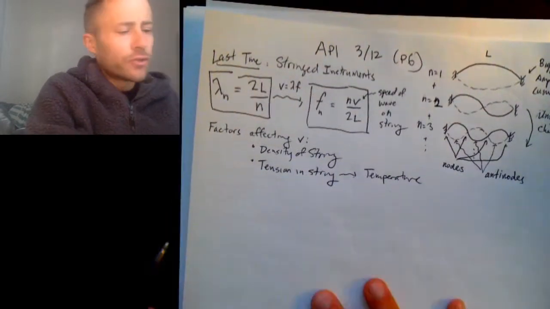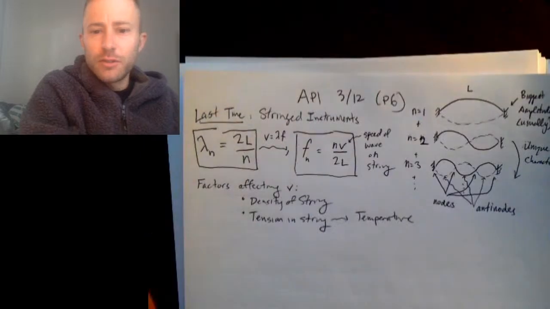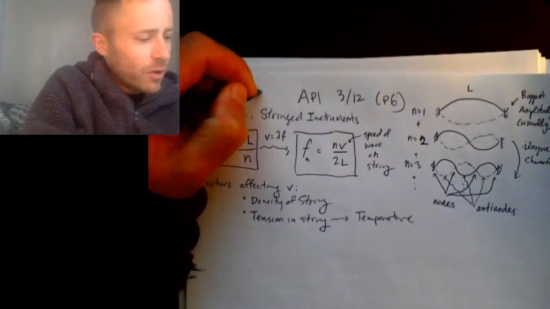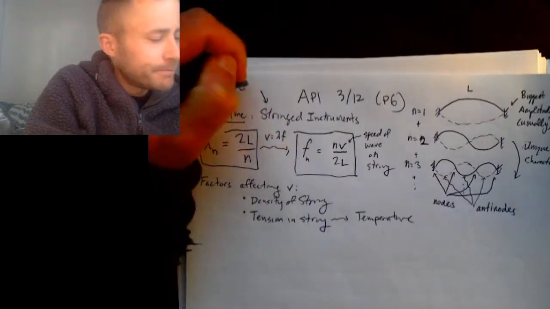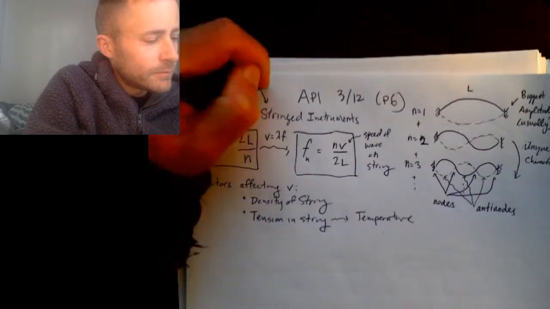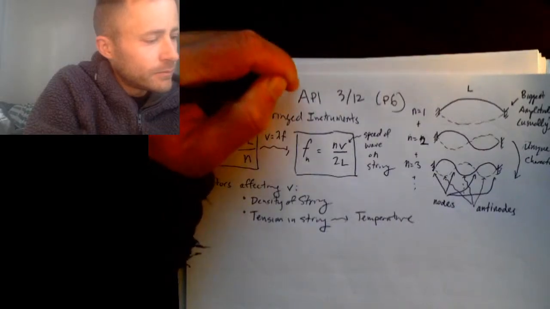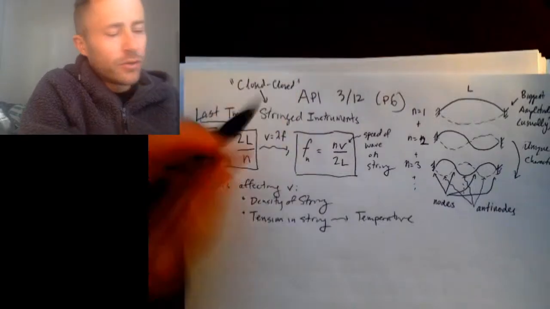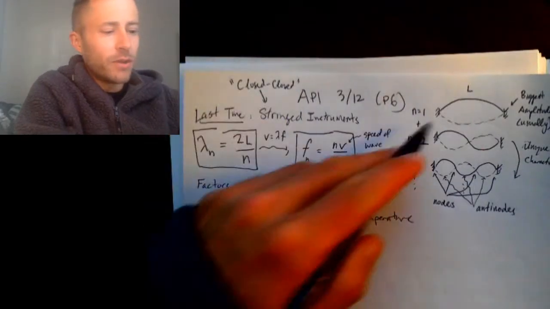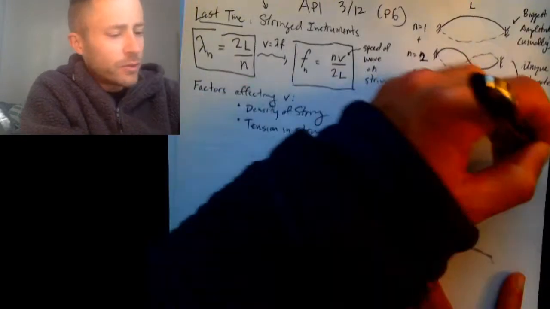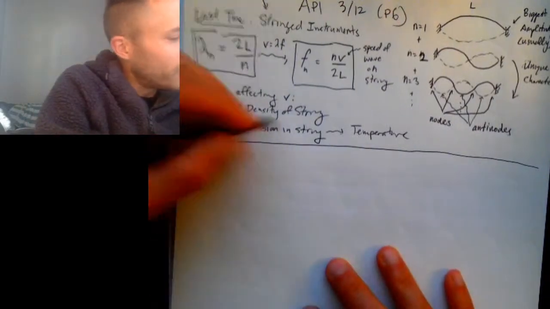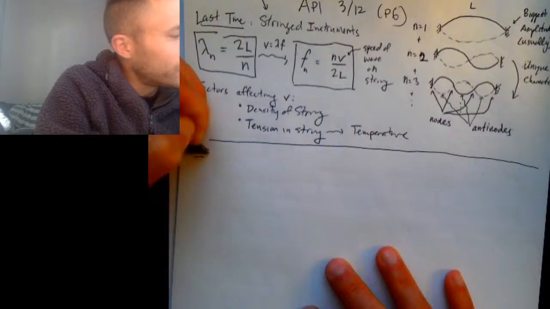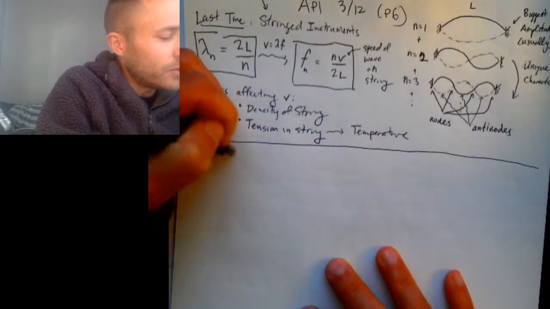Okay, so for stringed instruments, I will tend to call those closed instruments. All right, and the reason I call them closed is because they have nodes at each end. Okay, let's go ahead and do an example, just because we didn't do any yesterday. These equations are pretty simple, but we'll just do an example. So let's suppose that we have a stringed instrument